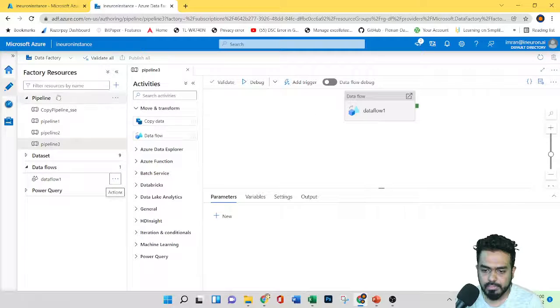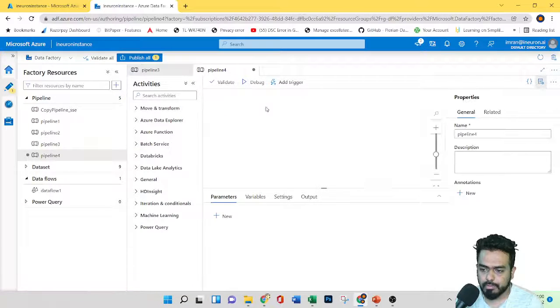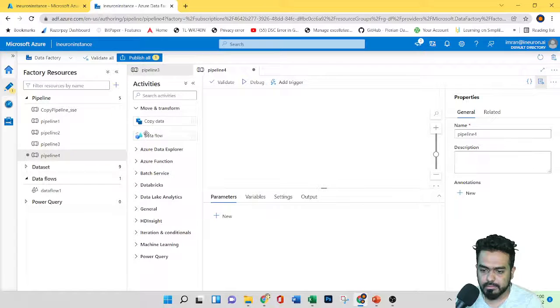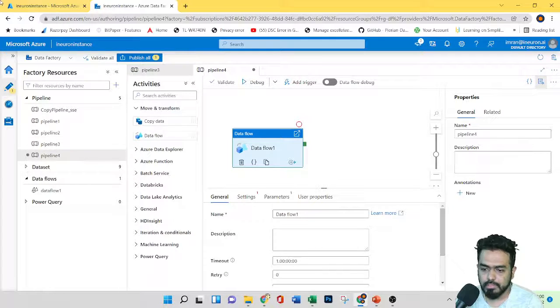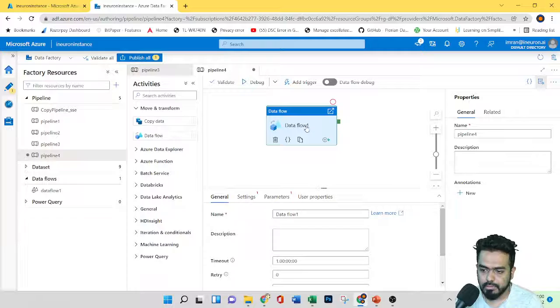Before that, let's create a pipeline. Inside the pipeline, we'll create a data flow. So a new pipeline, that is pipeline 4, and I'll create a new data flow.